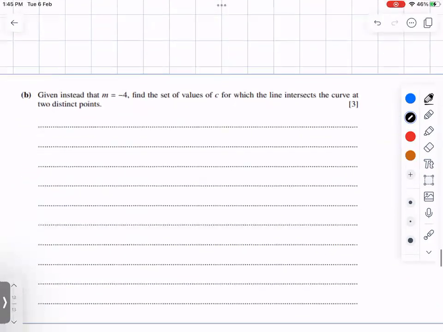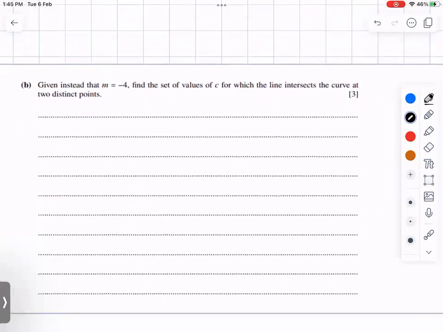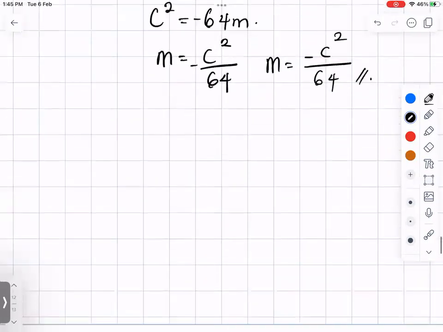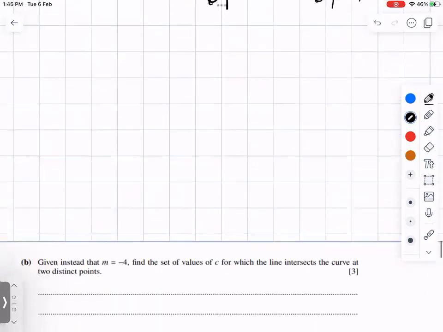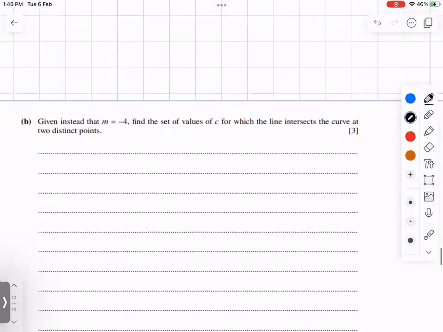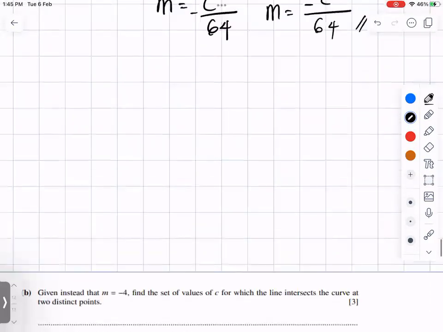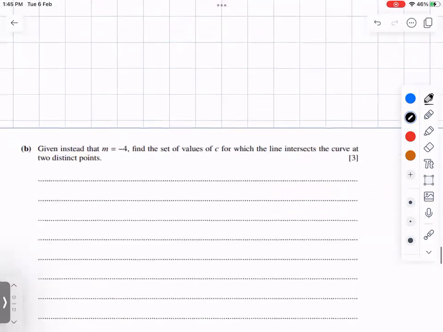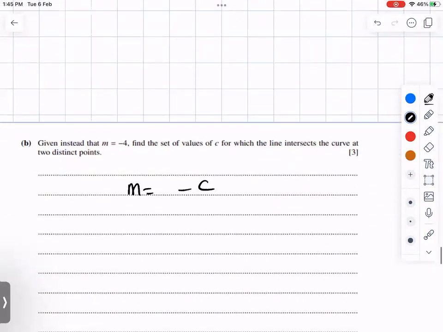They are giving that n equals minus 4, and you can use that to find the value of the two distinct points. The value of c if n is equal to minus 4, so you bring in that equation where m is equal to minus c squared over 64. So how do we find